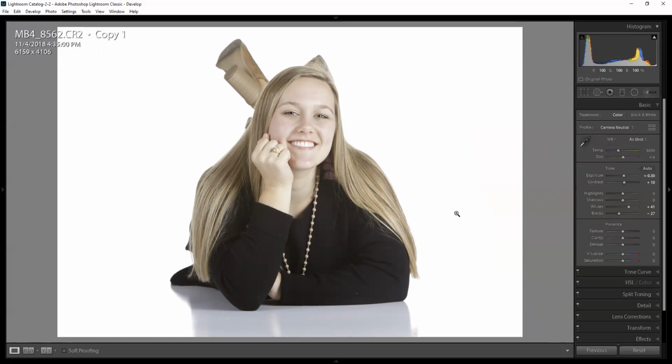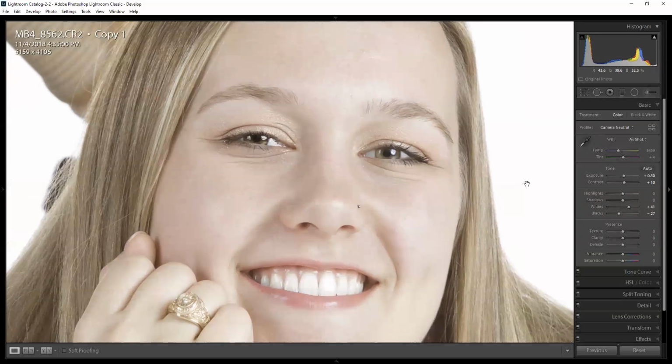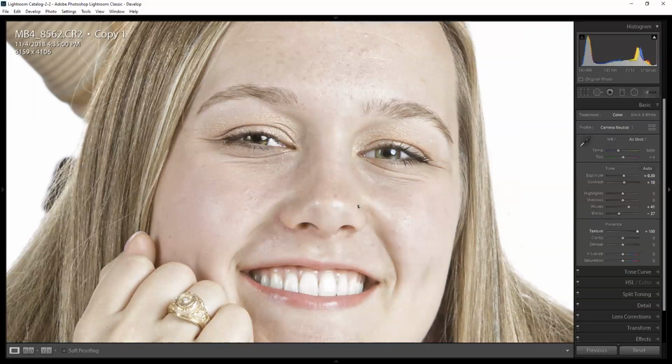There's some other things though that we want to do globally. Like on this one, her skin still doesn't look as smooth as she would like it to be. I mean, she looks like a realistic teenager. And so we're going to try these presence tools now. They each do similar sorts of things. Texture is really about fine texture and sort of skin texture. And I can give her skin more texture if I just, if she was really obnoxious during the photo shoot,